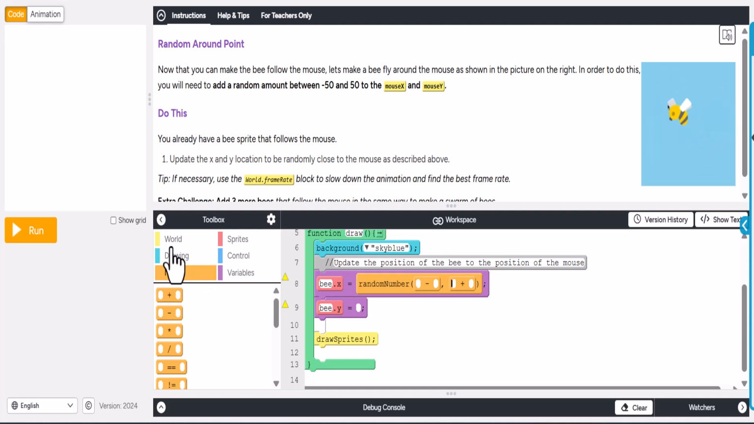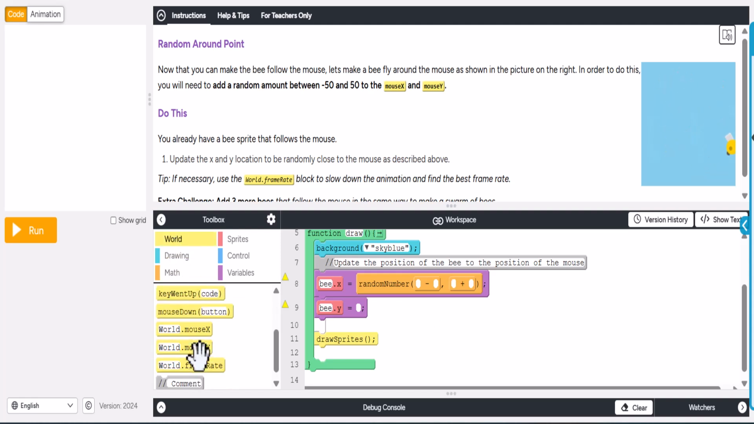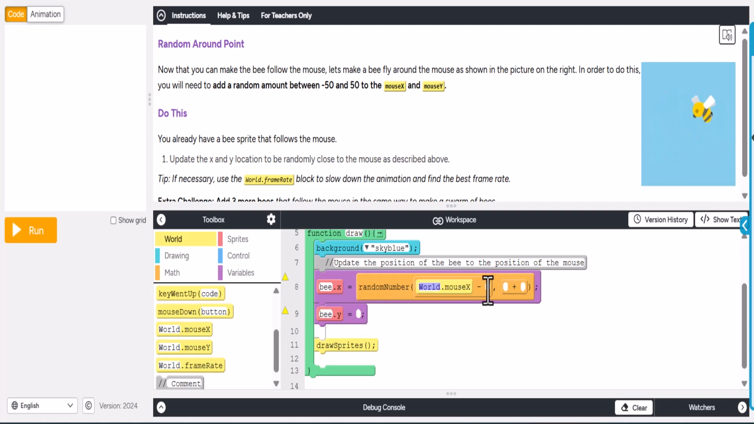And then we're going to take the mouse.x, and then we're going to subtract 50 from that. So what's going to end up happening, it's going to take whatever the mouse.x is and subtract 50 from it, or perhaps go as high as 50 on the other side, and that's going to allow it to randomly move around the screen. Okay, so we're going to drag this one over as well, and we'll do 50 and 50,